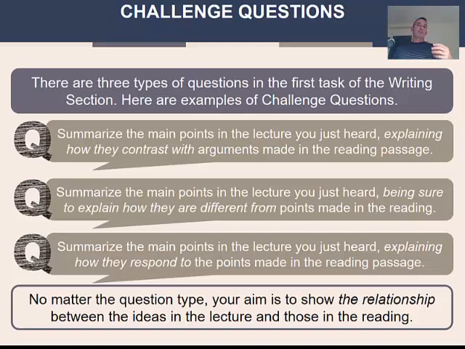So the challenge question, there are 3 different types of questions in the academic synthesis. The first is a challenge question, and these appear most commonly of the 3 question types. A challenge question is exactly what it says. The reading text will put forward certain points of view or present certain information, and when the speaker comes on,